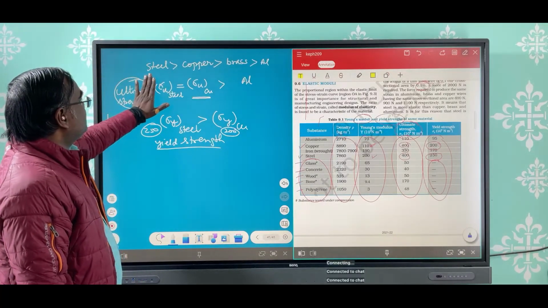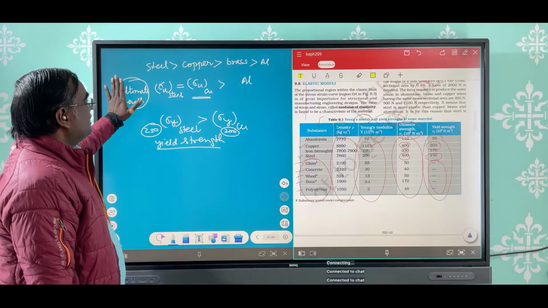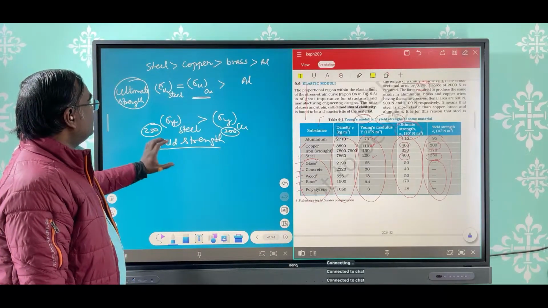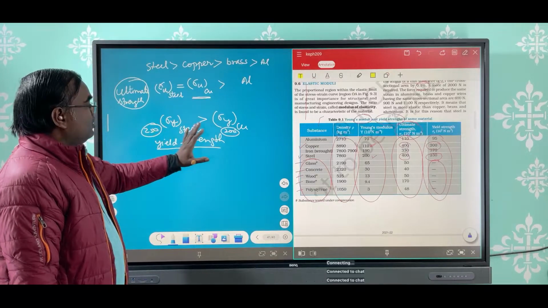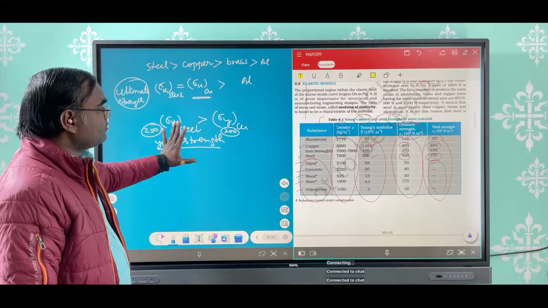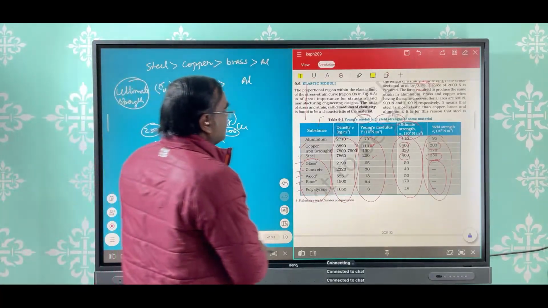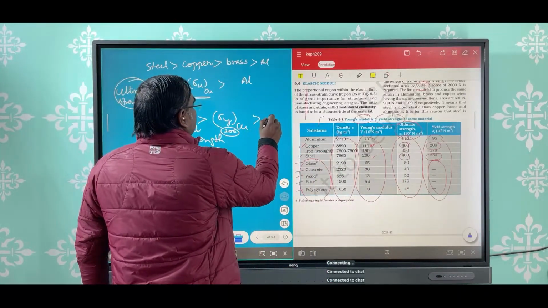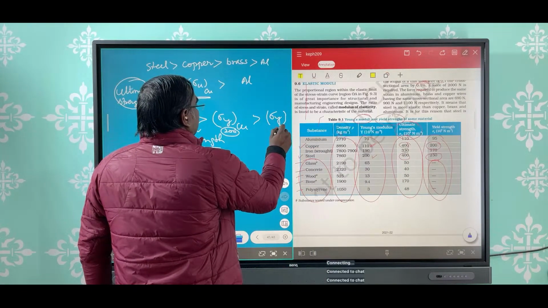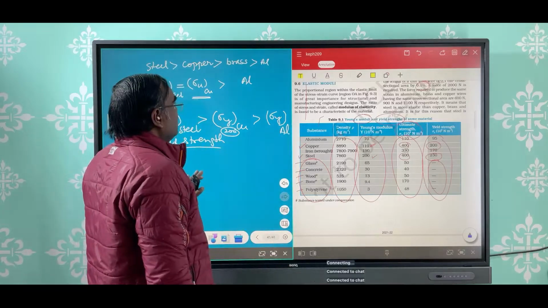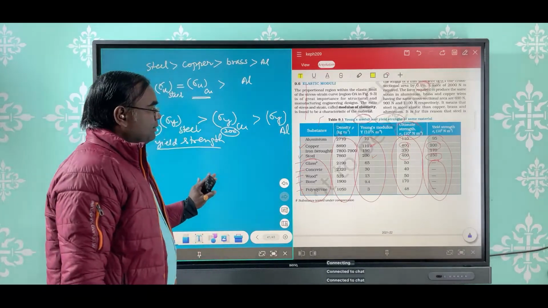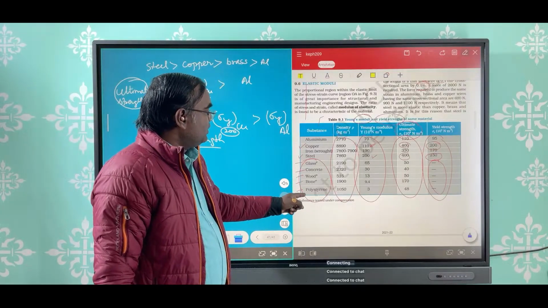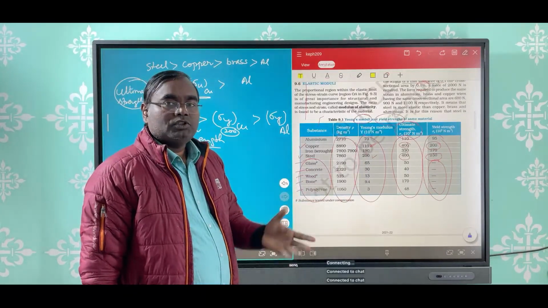ये अल्टीमेट स्ट्रेंथ के लिए है, स्टील और कॉपर का अल्टीमेट स्ट्रेंथ सेम है, जो एल्युमिनियम से ज्यादा है, लेकिन यील्ड स्ट्रेंथ मामूली सा स्टील का कॉपर से ज्यादा है, ठीक है। और एल्युमिनियम का यील्ड स्ट्रेंथ देखें तो कम है। ऐसे आप समझ गए। लेकिन यील्ड स्ट्रेंथ ग्लास, कंक्रीट, वुड, बोन, पॉलिस्टर के लिए जीरो है, ठीक है।